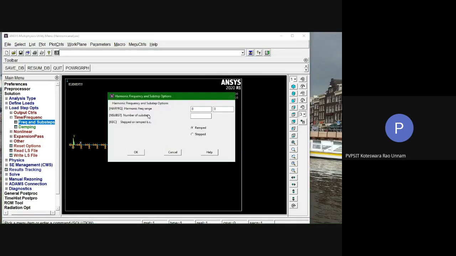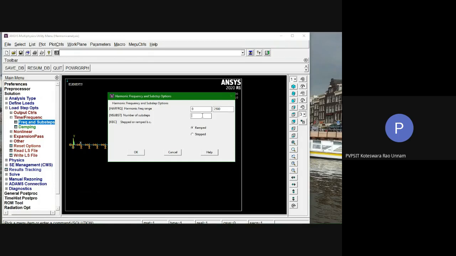Like in that harmonic force function, you have 100 sine omega t. What is that omega? That omega is defined here, in the harmonic frequency range. We computed the natural frequencies up to 2000, so I'll give it here to see the response of the beam up to 2500. Our fundamental natural frequency is 8.15 that we got. Therefore I will keep the lower limit of our frequency range at 0, that is free vibration, and the upper range I'll take as 2500.